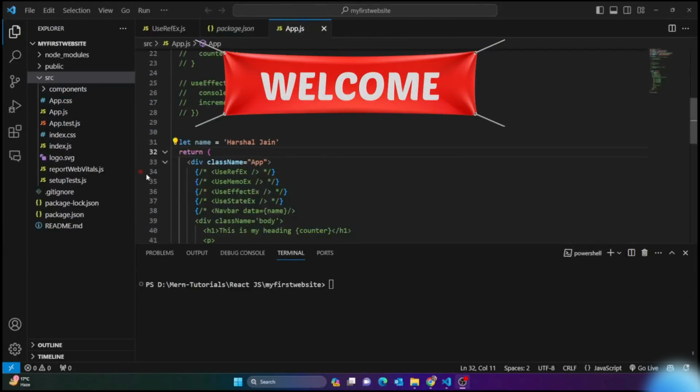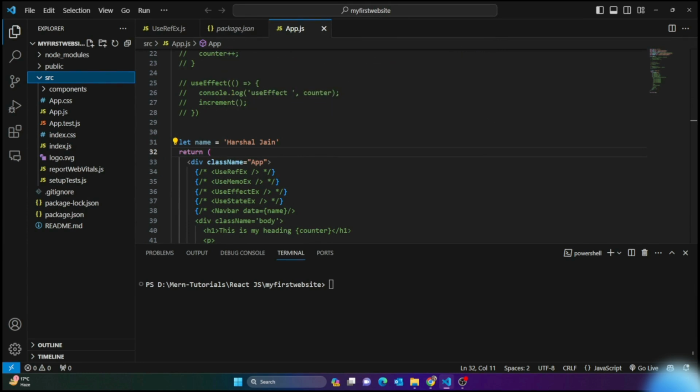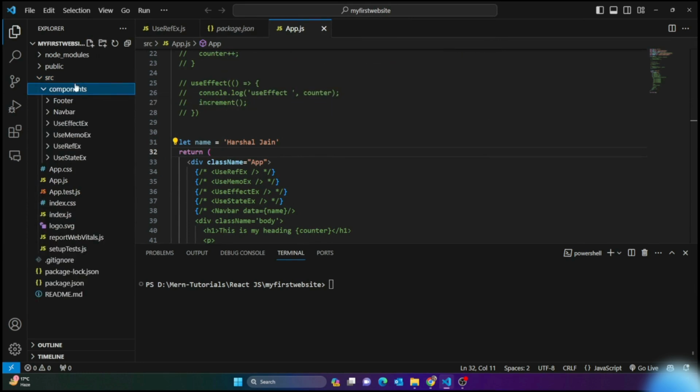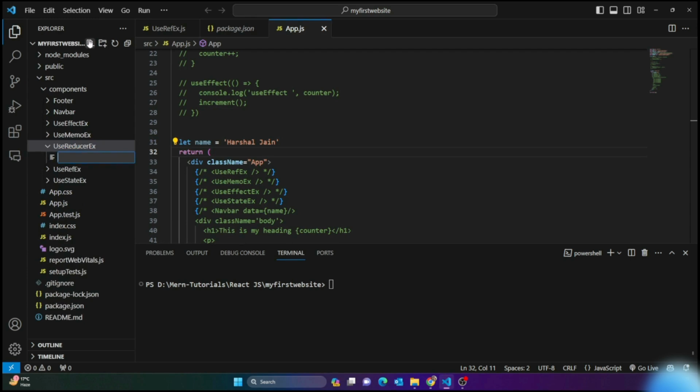So hey everyone, in this video we are going to learn about a very popular hook, that is the useReducer hook. So let's first of all create a folder. Let's name it useReducer ex, that's the example, and I'm just going to create a file useReducer